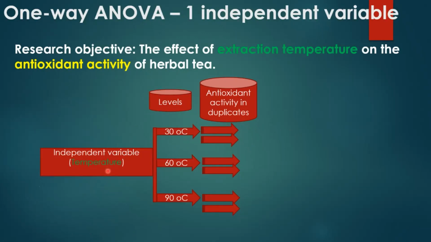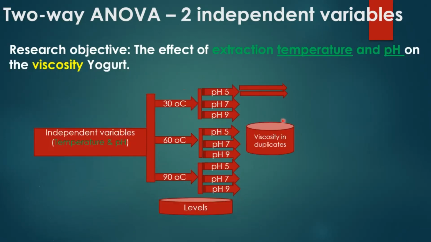If you know your independent variable, then you check out the levels, and then you can make a mind map or your experimental plan. This one will be for two-way ANOVA. You see, I have 2 sets of independent variables. The first one is temperature, which is this, and the other one is pH. For each value of temperature, I must do a corresponding value for pH, and I must do it